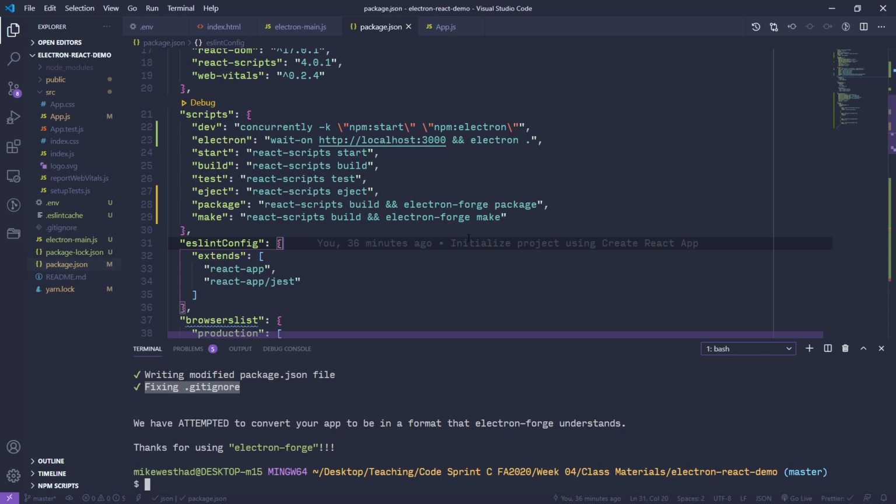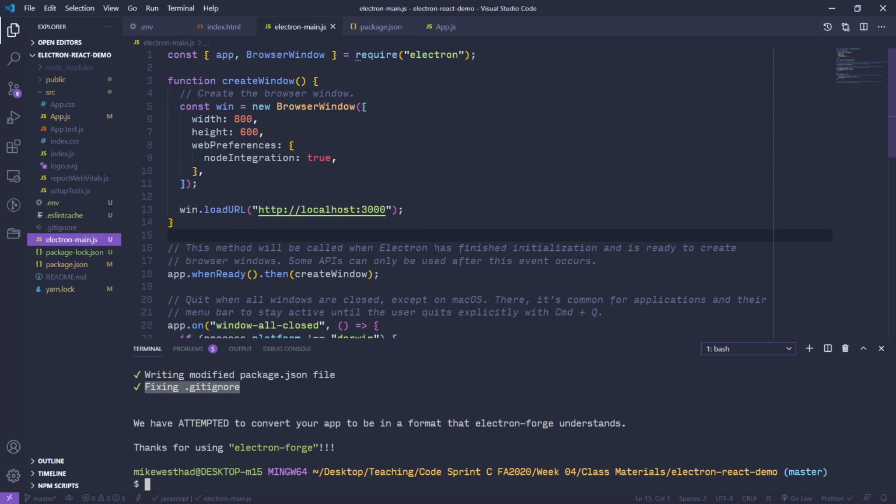Okay, so we're looking good with our package.json so far. What we need to do is, if we look at our Electron main, this always loads the application on port 3000, which is not what we want to do. When we are running our application in development mode, when we're running npm run dev, it's fine to load it over the local host because we're serving up our application on that local host